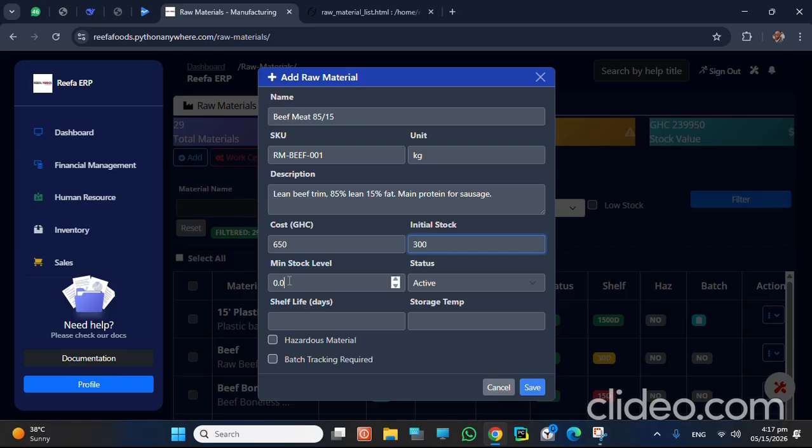The minimum stock level, you can make it 50, and then make it active. We also have the shelf life days and then the storage temperature. So you can set the shelf life, maybe how long it will be on the shelf, it depends. Storage temperature maybe